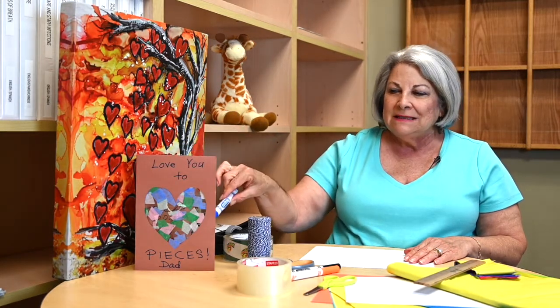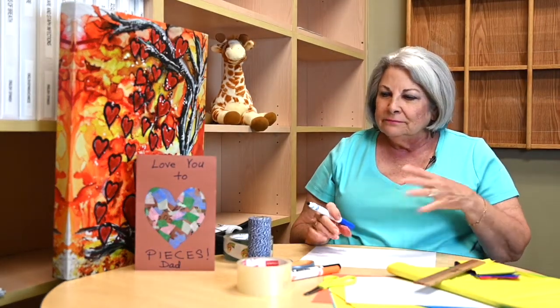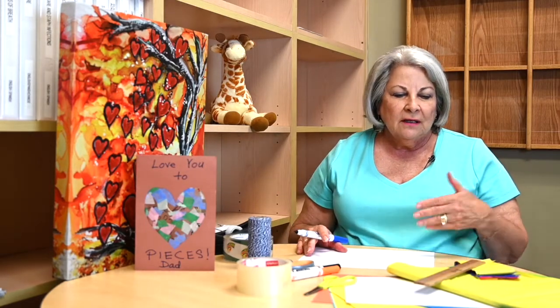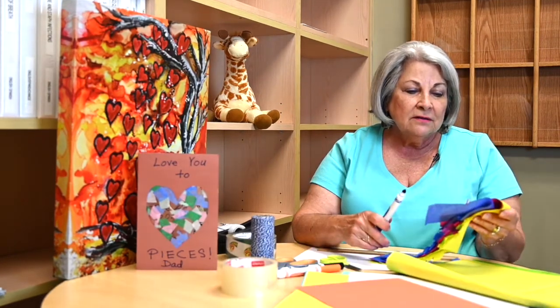Love you to pieces, and we're going to make it. It's actually a window hanging sun catcher that we put in the card that the dad, the grandpa, whoever can keep. You'll need tissue paper,